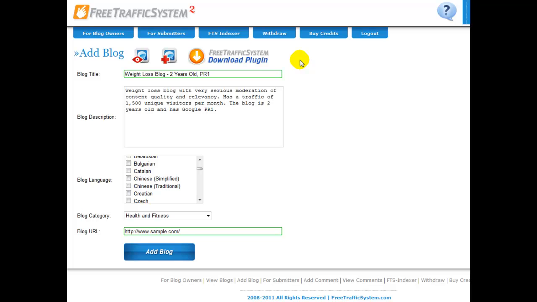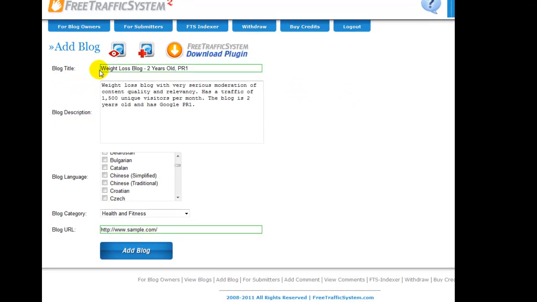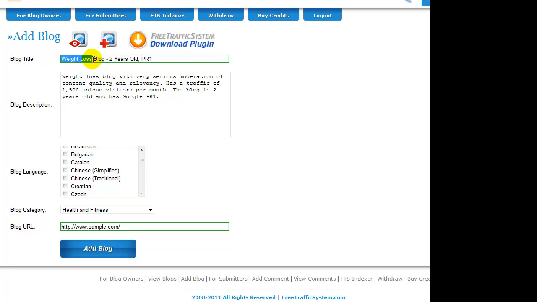Once the plugin is activated, you can get down to the section of general settings, and here I would like to focus your attention on title and description, because blog title and description are selling your blog in terms of making it more attractive to potential submitters of publications to your blog. For example, I decided to choose a test weight loss blog. That's why into the title I have put weight loss as a keyword, because submitters will be finding blogs via keywords in the titles.